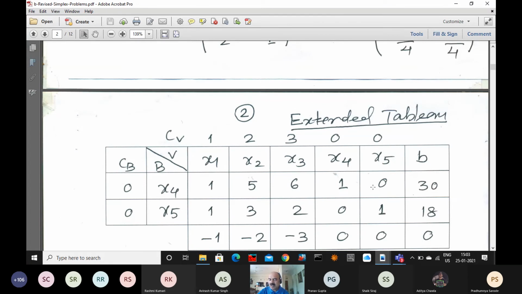Below X4 or below X5? Can you tell me? Since X4 is departing, we will replace 1, 0 with 6, 2 and compute the inverse. If we are saying X5 is the departing variable, then replace 0, 1 with 6, 2 and compute the inverse. Okay, that is the conclusion.